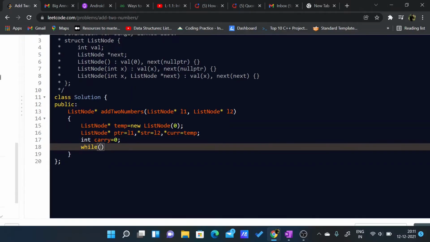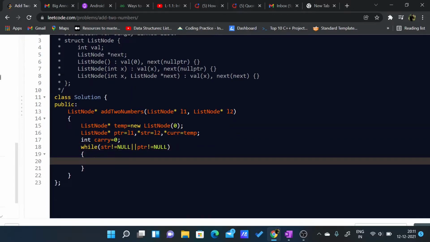Now while my str not equal to null or ptr not equal to null, then what will I do?